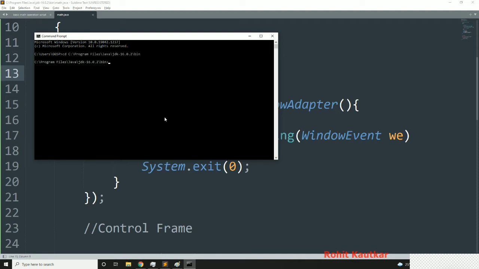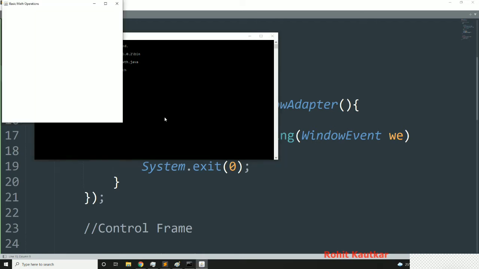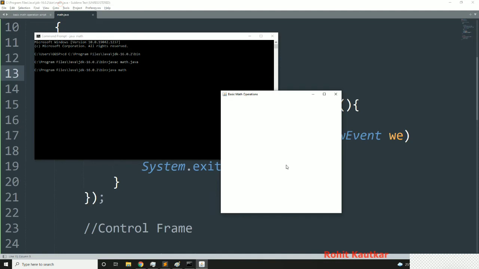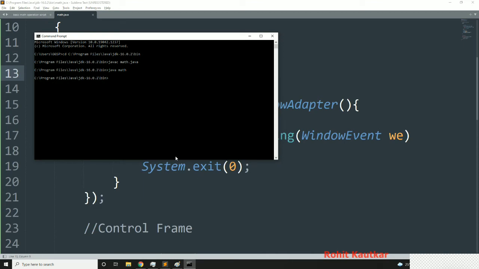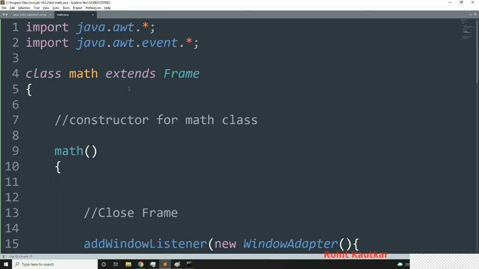Okay, now we are in the bin directory, so I will write javac Math.java. Okay, the code got compiled. Now I will write java Math, and now you can see we got this frame. Okay, and if I click on close now, it will disappear. Okay, means it is working perfectly.